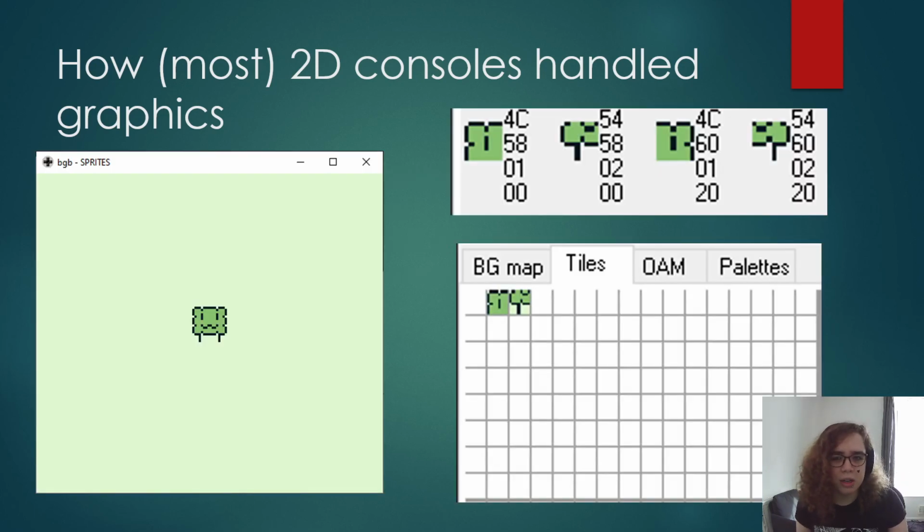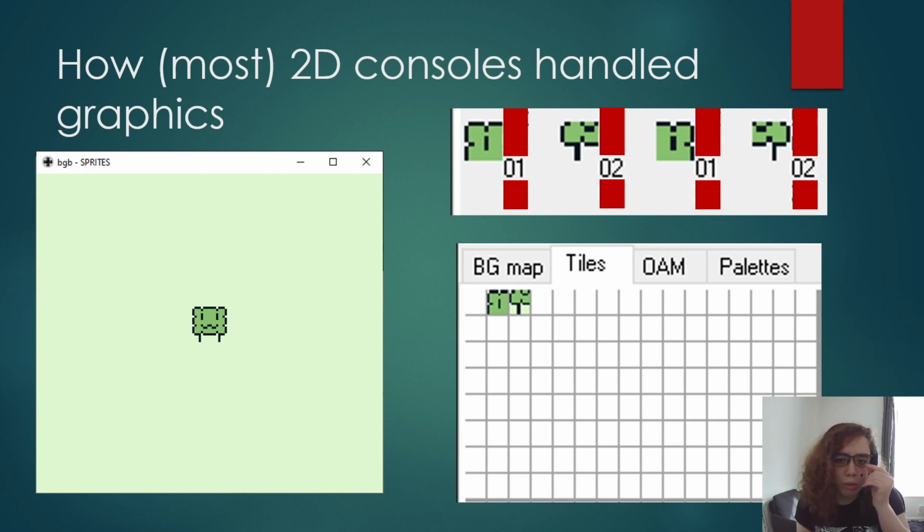Now I've taken an example from the Game Boy here, but there's a lot of details that aren't particularly relevant. All we really care about is these numbers, right? If you look in the tiles, the first space is blank, and then after that it's tile 1 and tile 2, because it's zero indexed, because that's how computers typically are. And if you look up at the sprites, the one that looks like it's using that first tile is 1. The one that looks like it's using the second one is 2. The next two are using the same tiles, but they're flipped. And if I go back here, the lowermost byte, the reason it's 2-0 is because it's saying that it's